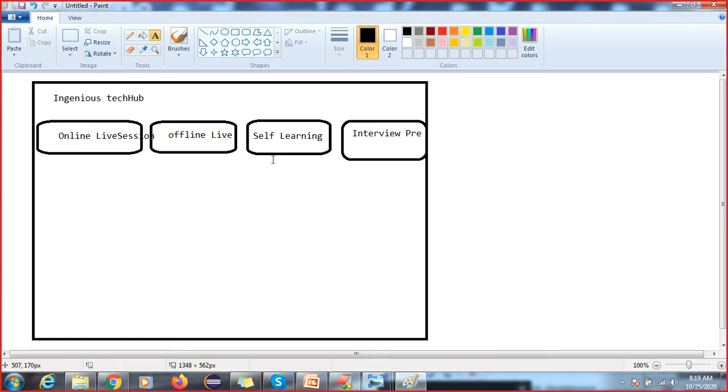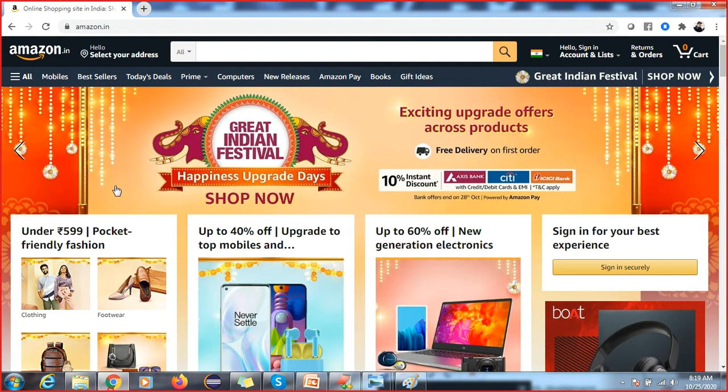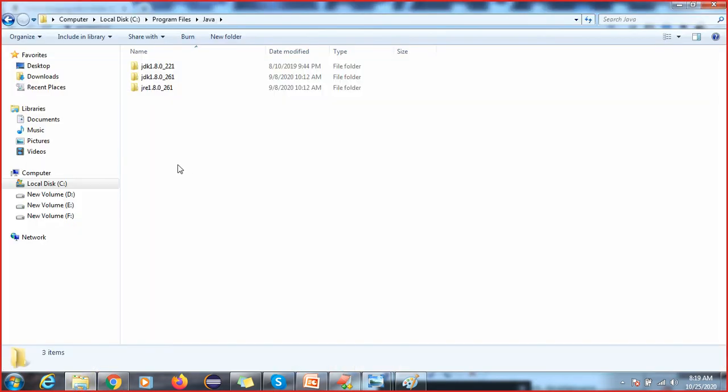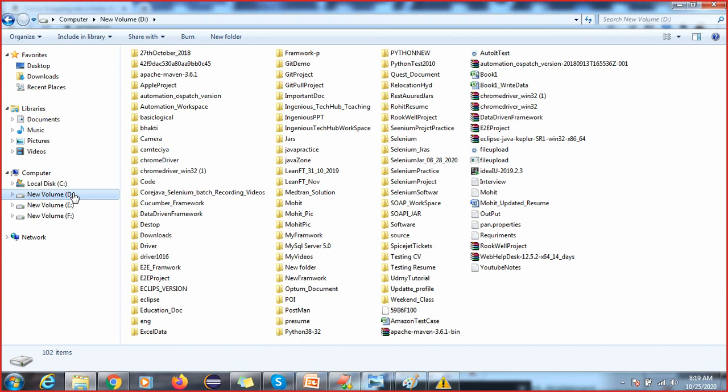I want to make one Java application and one website. So how do we represent this real world object in the programming world? See, everything is an object. One example I have given you is Amazon. When the Amazon people started this business, it came to their mind: I have to start my e-commerce business, right? So what is Amazon? Amazon is also a real world object. So the question is, how do we convert all these real world objects into the programming world?